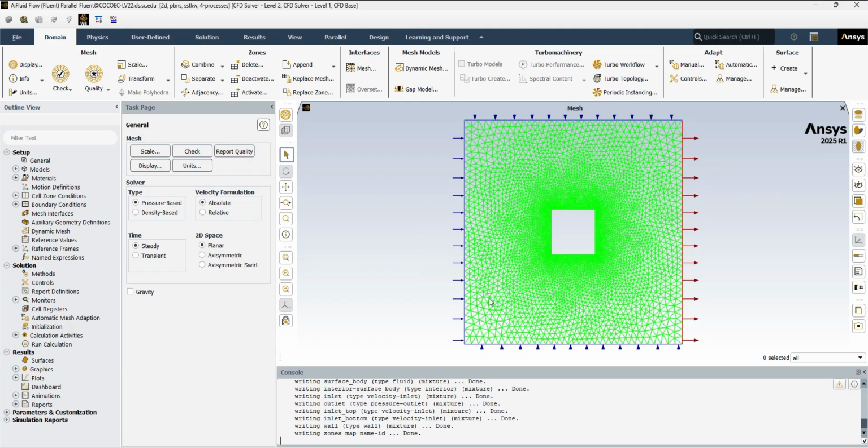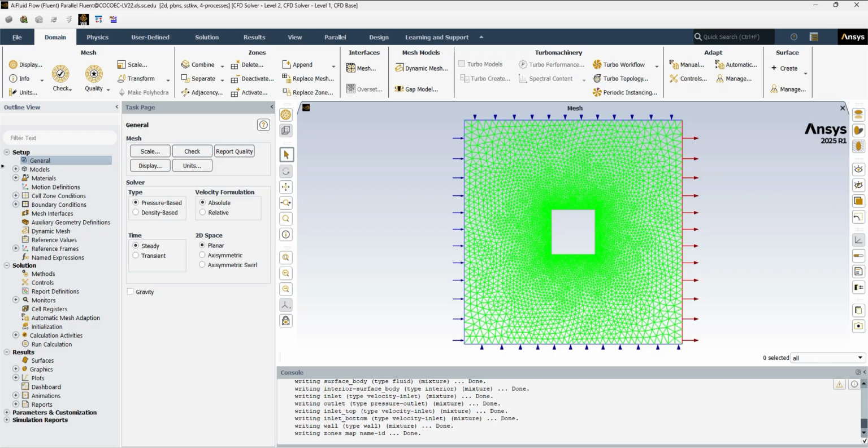Okay, so our mesh is generated now. We do need to check the quality of the mesh. So you can see here the option. You see this is our general tab. You see a lot of options, but the options on the top are essentially the extension of what we have